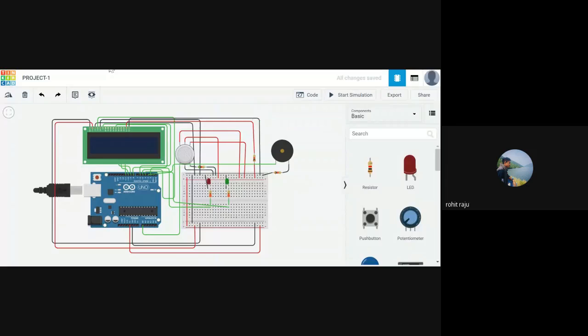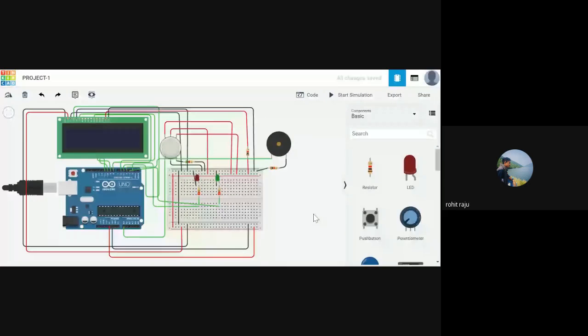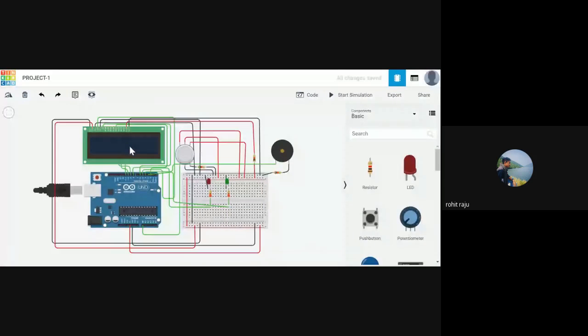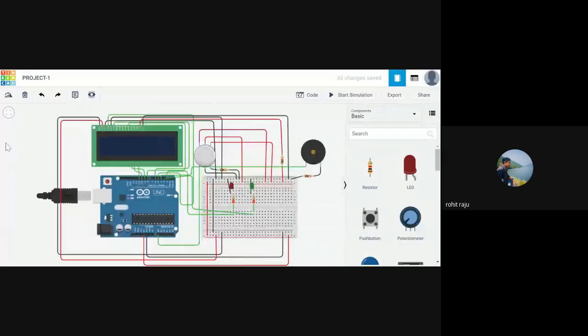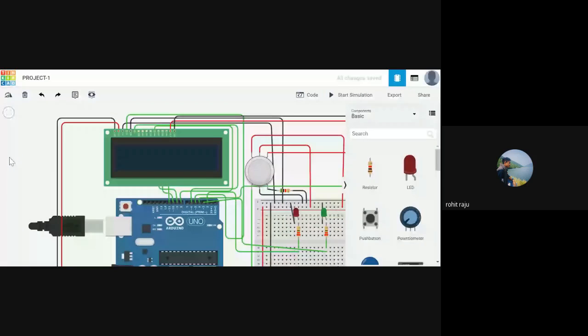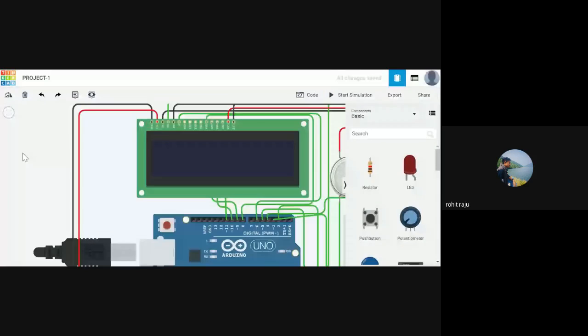So you need the LCD connections. Okay, LCD connections. The new things we have seen in this project are the gas sensor and the LCD display. This buzzer we have already seen in the home intruder system, so that won't be a problem. Let me zoom in so that you can get a clear idea. Let me tell you about all the pins.